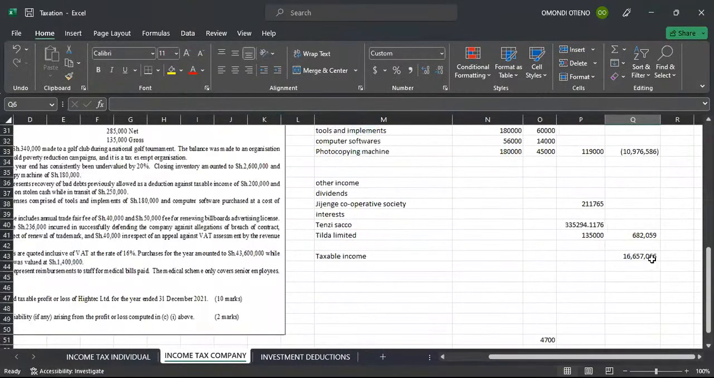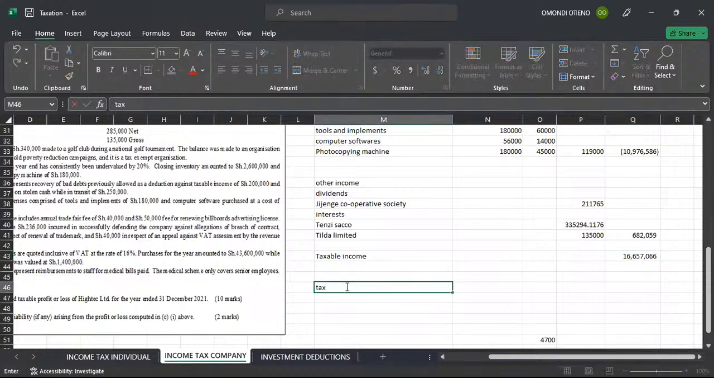So if that is a positive value, then this is what we have as the taxable income. So once you've calculated taxable income for a company, it is very simple. Tax liability